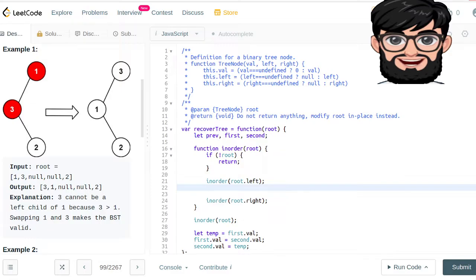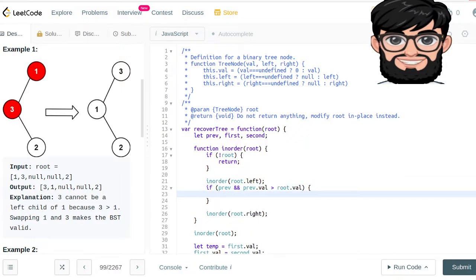That's basically the in order traversal. So now we're going to write our logic: if the previous does exist and the previous dot value is greater than the root dot value, if that is the case, we have a problem because in a binary search tree this shouldn't be right. So in that case, we're going to say that if the first